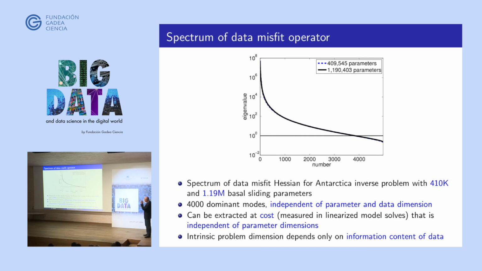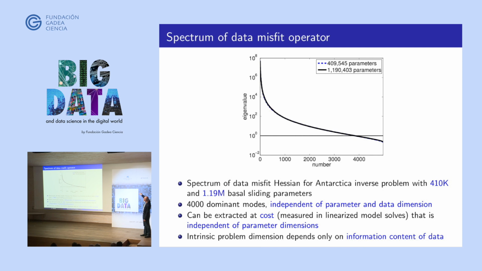Okay, so I said that often these problems, despite the fact that they have many parameters, actually have little information contained. Lots of data, lots of parameters, but the data don't inform the model parameters beyond, in this case, a few thousand dimensions in parameter space. So this shows you the spectrum of the inverse of the Hessian. Again, this would be the covariance if it were a linear inverse problem. So this is the inverse of the Hessian at the MAP point. And this is the spectrum.